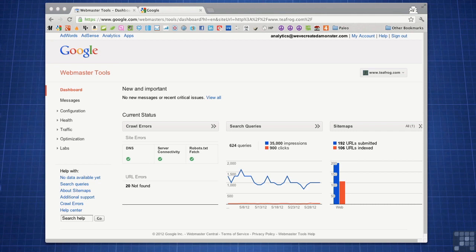So this can help you find errors that are stopping your site from ranking, as well as find what is working so that you can do more of what works. So the basic